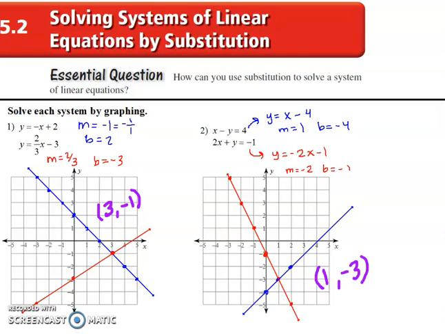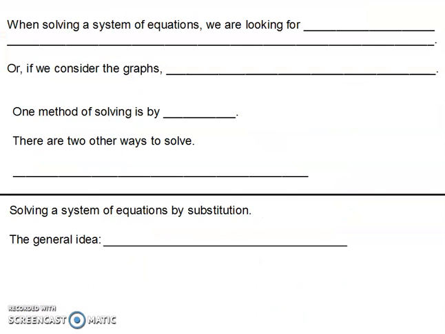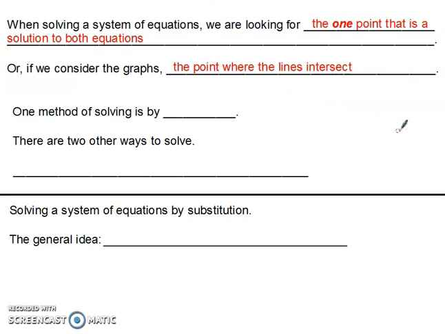So we have two other methods that we talk about. When solving a system of equations, regardless of how we solve, we are looking for the one point that is the solution to both of the equations. Or, if we think about this graphically, we are looking for the point where the lines intersect. So one method that we solve by is by graphing. But as I have said, this can be inaccurate